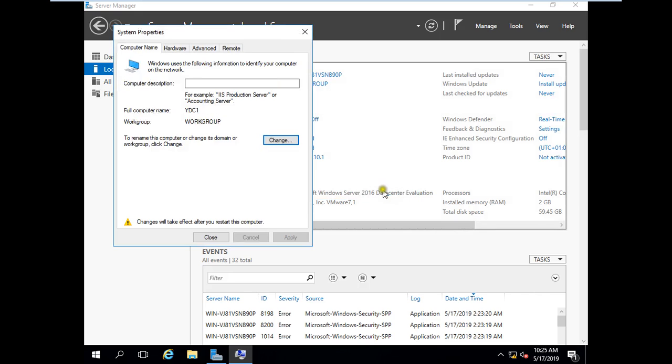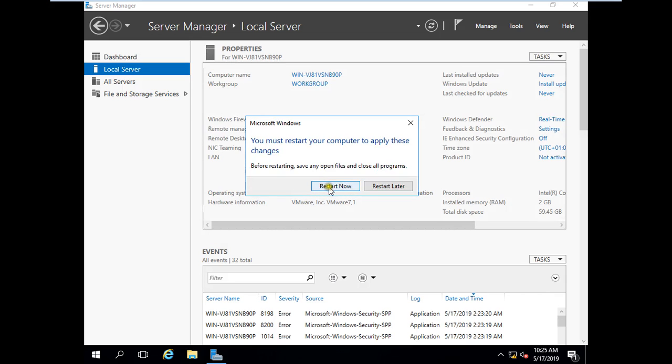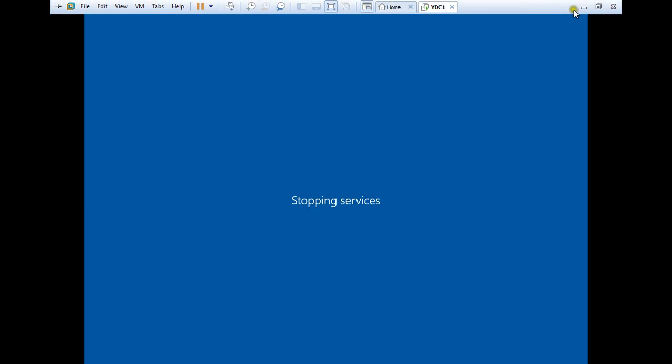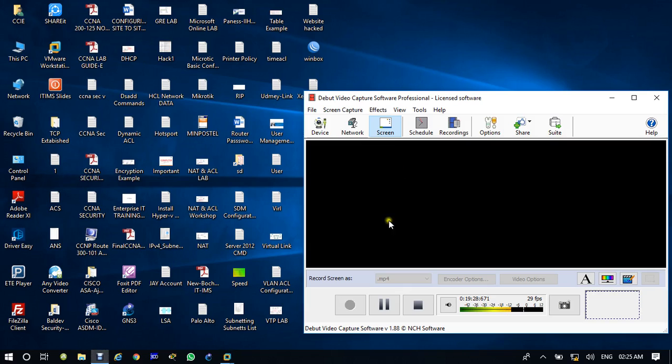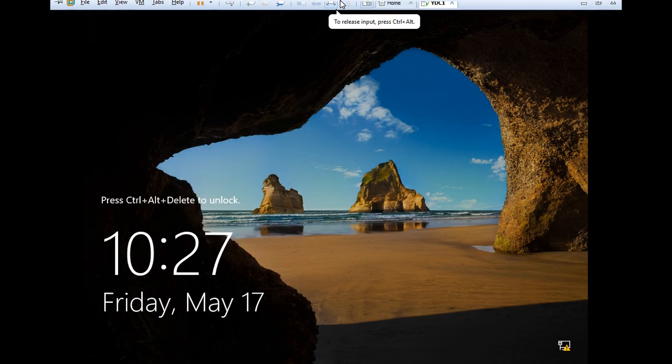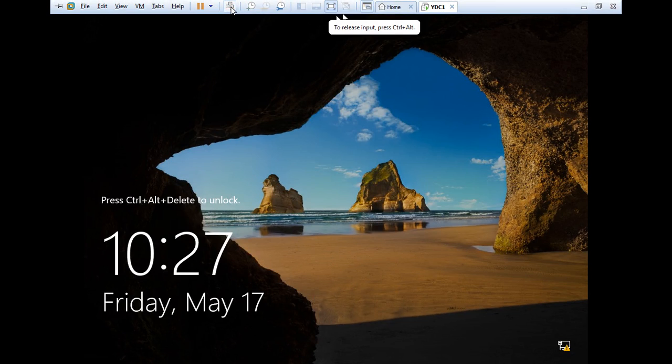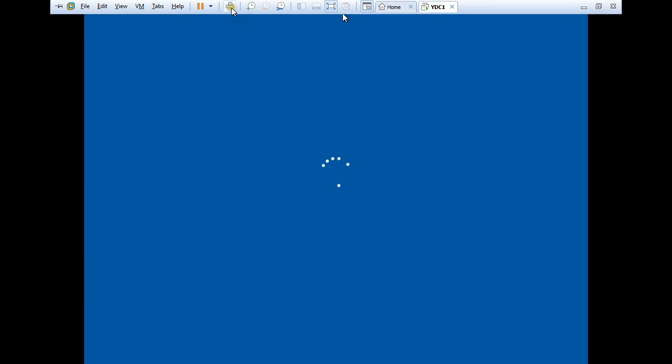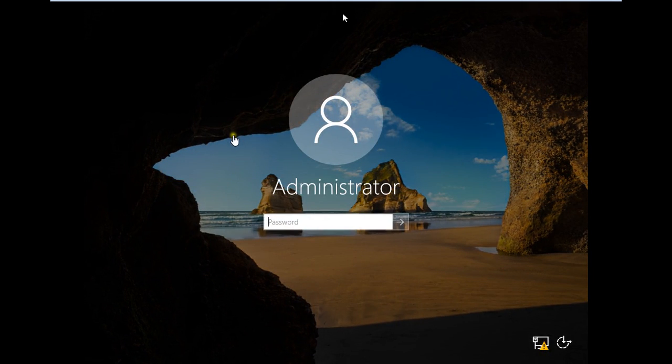And then it will ask you to restart the system. Click OK to restart. No problem. Let it restart till the video is paused. After restart, you have to come here again, click on the Ctrl Alt Delete option, and then type the password of the system, 123 at IHT.